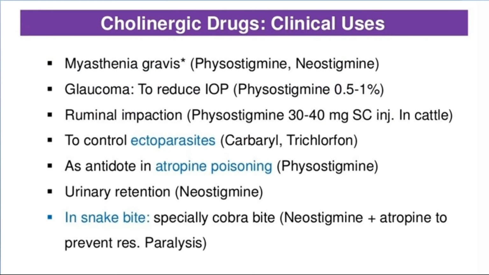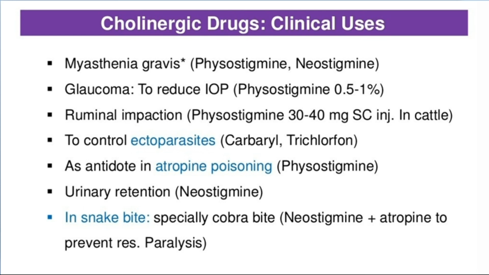Cholinergic drugs. Clinical uses. For myasthenia gravis, we can prescribe physostigmine, neostigmine. Glaucoma. To reduce intraocular pressure, we can prescribe physostigmine 0.5 to 1%. Ruminal impaction. Physostigmine 30 to 40 mg subcutaneous injection in cattle. To control ectoparasites, we can prescribe carbaryl